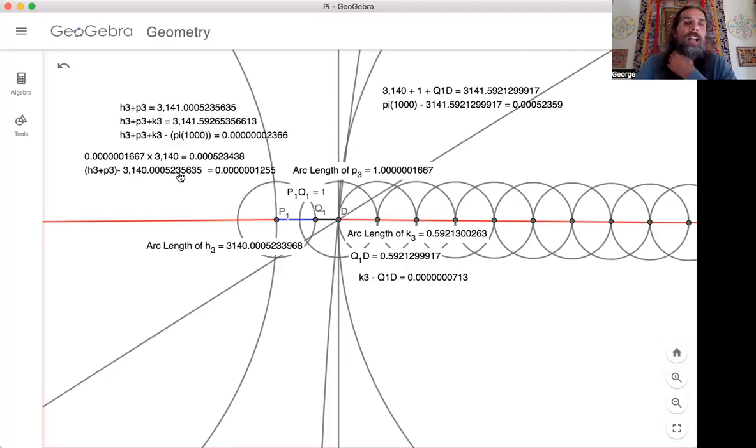How much does that add? Let's see, multiplying those values, it's only going to give me 0.000523438. So that's when you take this number and multiply it 3,140 times, this is what you come up with in the end. And I must have taken that number, H3 plus P3, so that's this and this, minus this, 3,140.005235565 equals